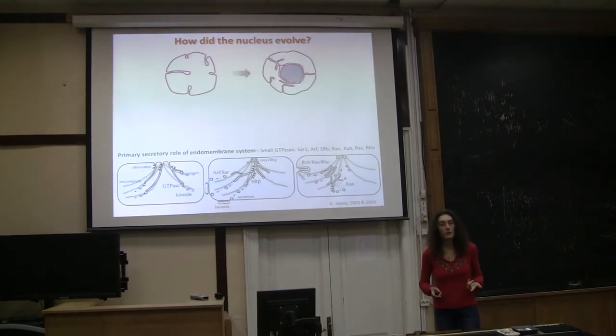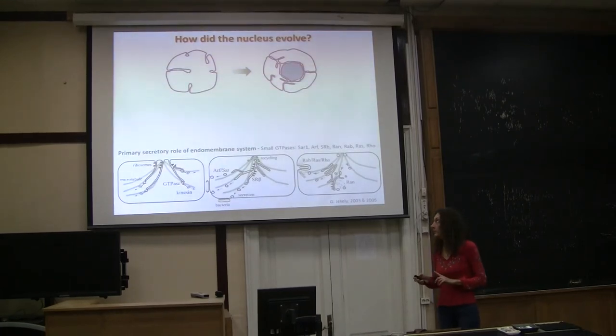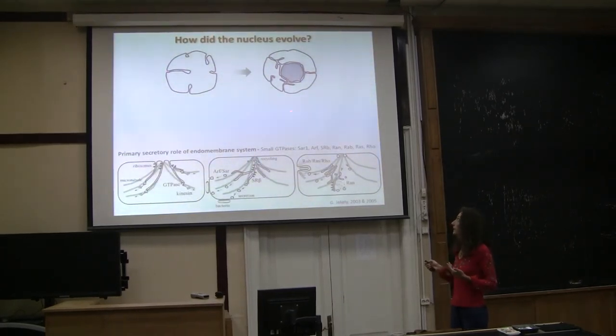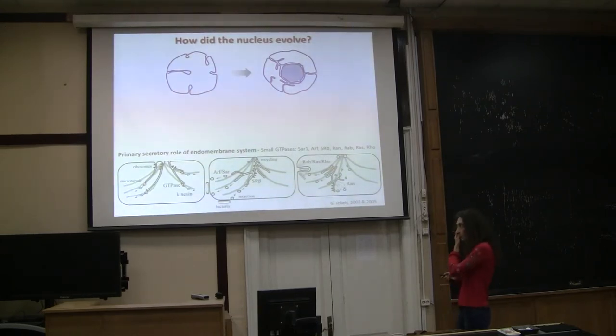One of the problems is the origin of the nucleus. These hypotheses, many of them don't explain the origin of the nucleus. The hydrogen hypothesis tries to do that. How is the nucleus explained? In the case of a proto-eukaryotic lineage that develops an endomembrane system in an autogenous way to develop the nucleus, there are 2 types of proposals that have been made. And I have to mention that there is some evidence from the presence of small GTPases that suggests that there was a primary secretory role of the endomembrane system. This is work by Gaspar-Jekeli